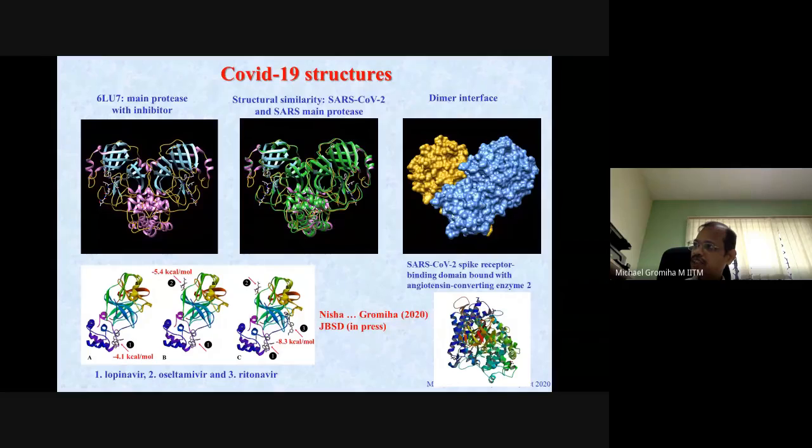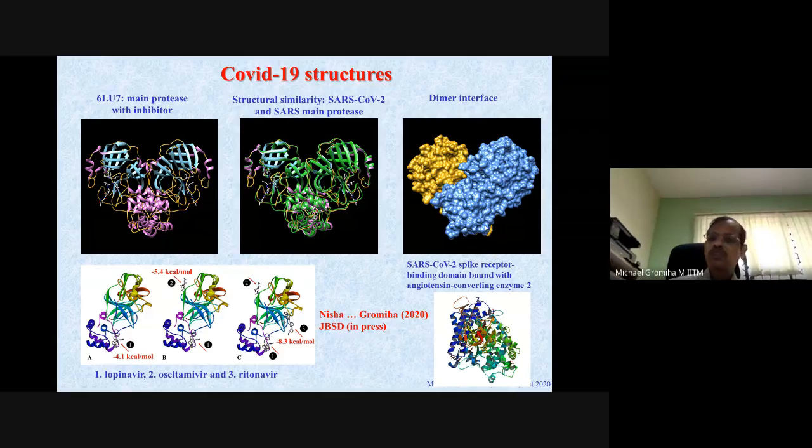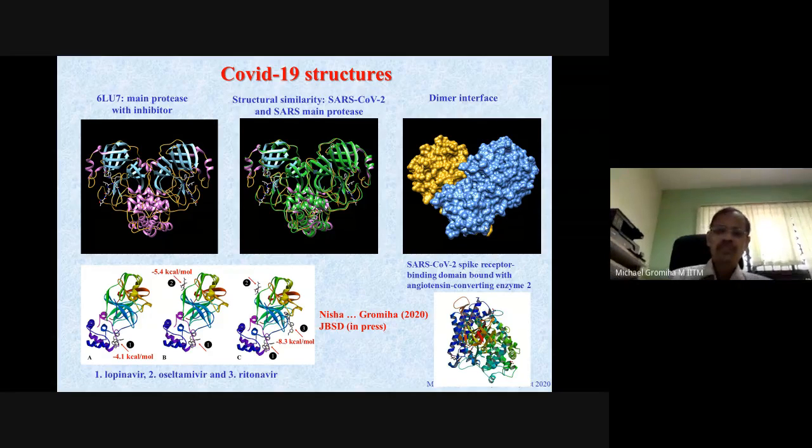Here you can see the ACE2 enzyme, as well as the spike protein. Here is the spike protein and the enzyme, and you can see how the interactions work. This is how they pass the information to the cell, and it has this effect on the human body. So to tackle these things, there are various studies going on to develop vaccines